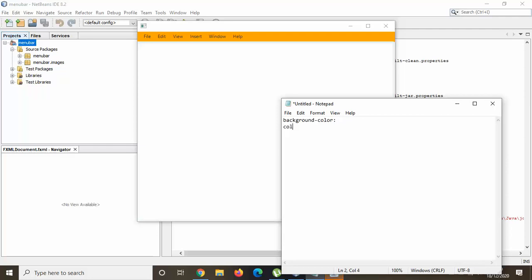We have color in normal CSS, but here it is fill. If you use fill with white, it means the color of the text will be white. But in JavaFX, always prefix it with